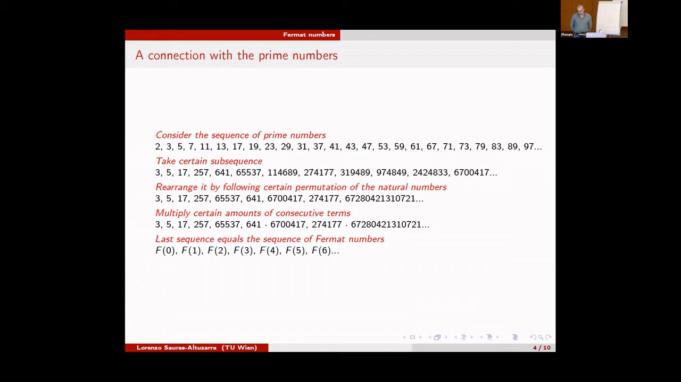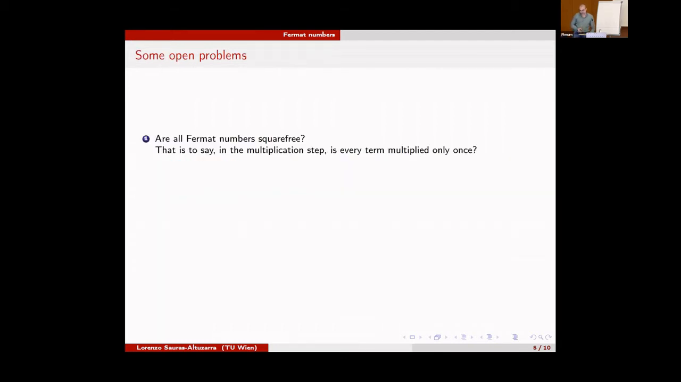So here we split the part of the mystery into 3 unknown integer sequences. So some open problems. Well, first of all, are all Fermat numbers square free? Because so far we don't know any repetition of a factor, and in this construction that I was showing, I